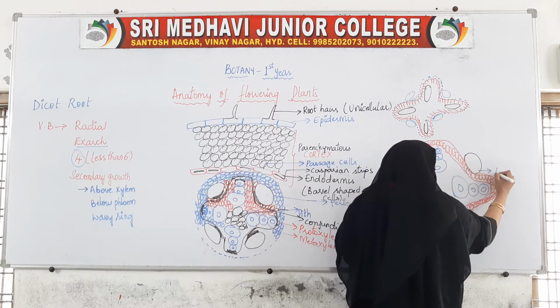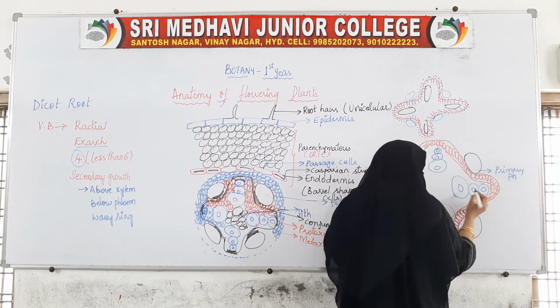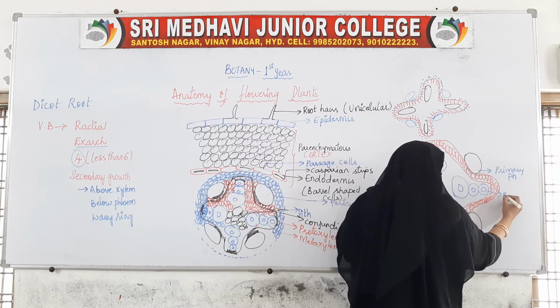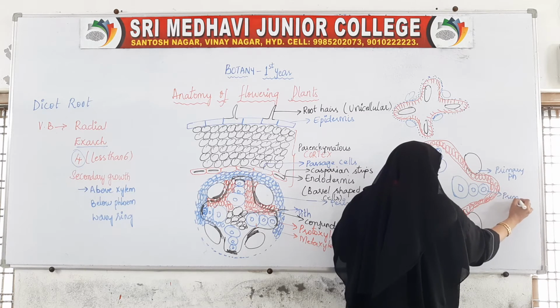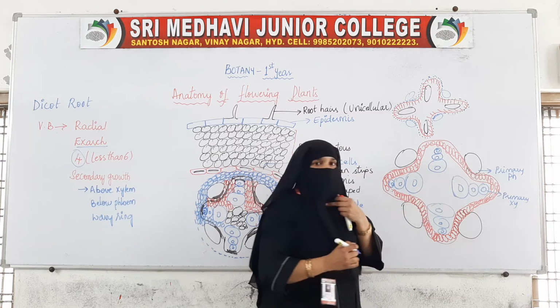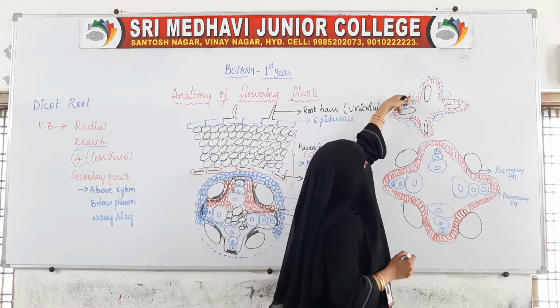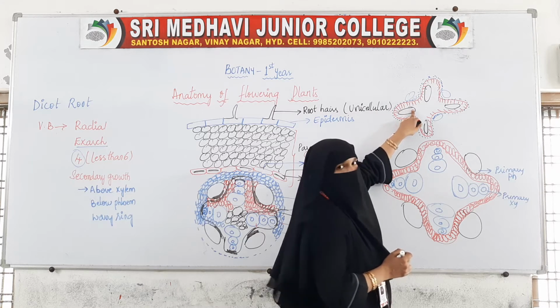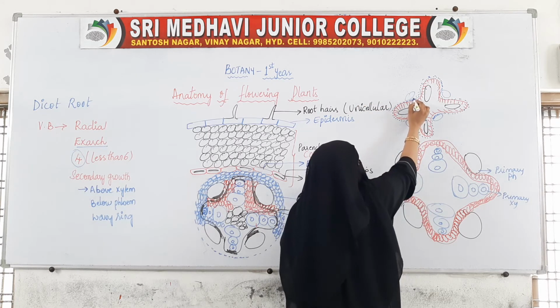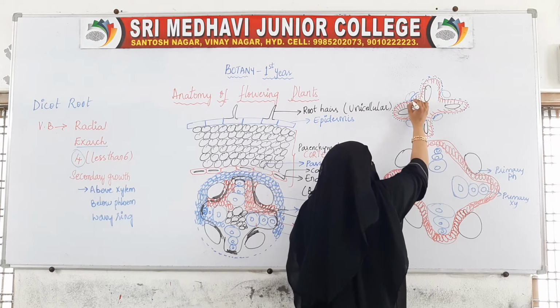This is your primary phloem. Okay, this is your primary xylem. This is your primary phloem, this is your primary xylem. So now these new cells have been formed. Now when the new cells come here,